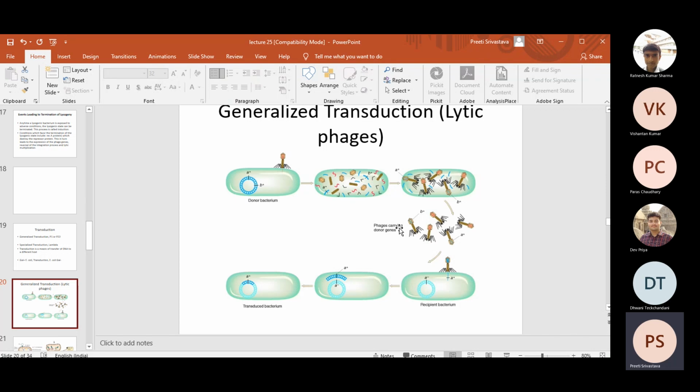The phage cannot discriminate between phage DNA and the host DNA. So as a result of this, there will be two types of virus particles created. Type 1 contains phage DNA, that is its own DNA, and type 2 contains the bacterial DNA, the host DNA. And in this case, the bacterial DNA is solely present. It doesn't contain any traces of viral DNA.